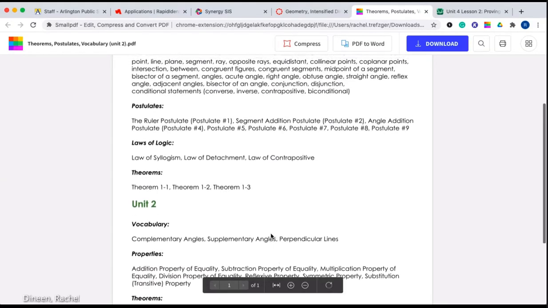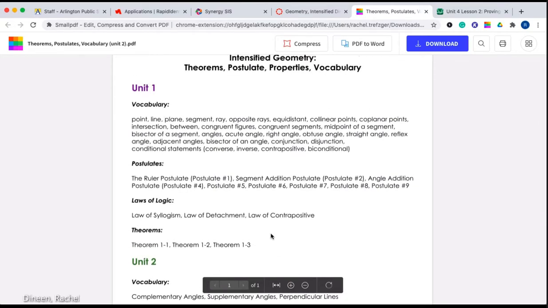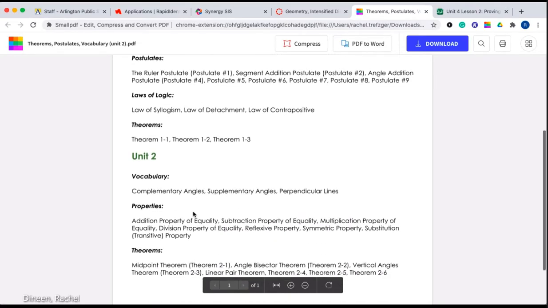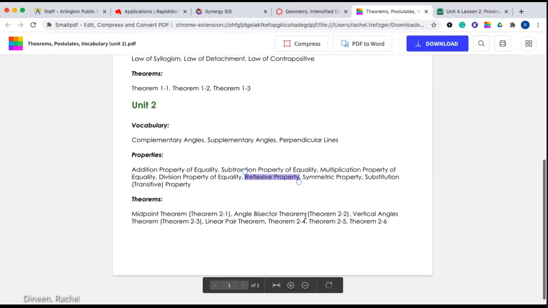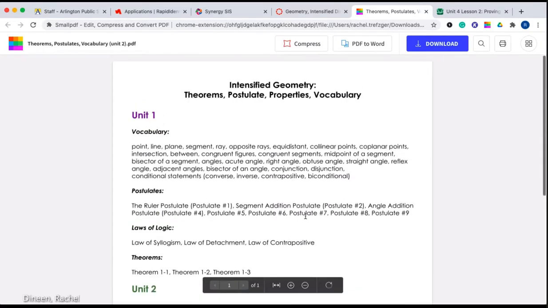All right, so one that we use a lot from Unit 2 is the reflexive property. We use that a ton this unit, all right? And then, yeah, so I'll update it and add it. Where is Unit 3? I feel like Unit 3 should also be on here. Okay, I'm going to make a note to update that and make sure that Unit 3 and Unit 4 is